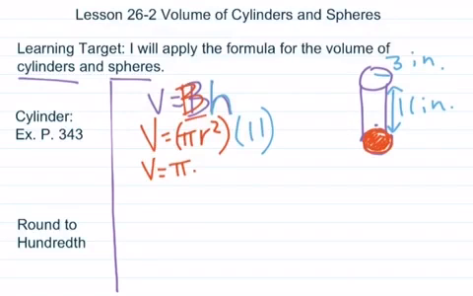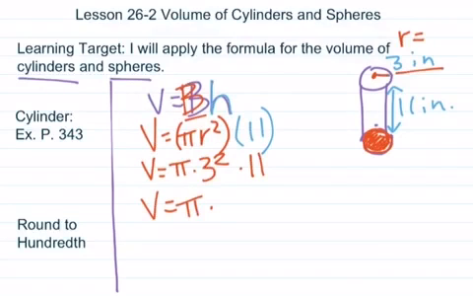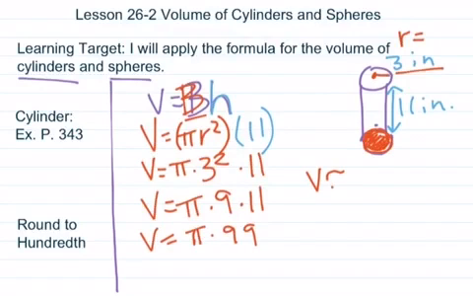So pi times your radius is 3 because it's the middle of the circle to the outside, 3 squared times 11. So volume, pi, 3 times 3 is 9 times 11. Volume, pi times 99. I'm going to use the pi button. So volume is approximately